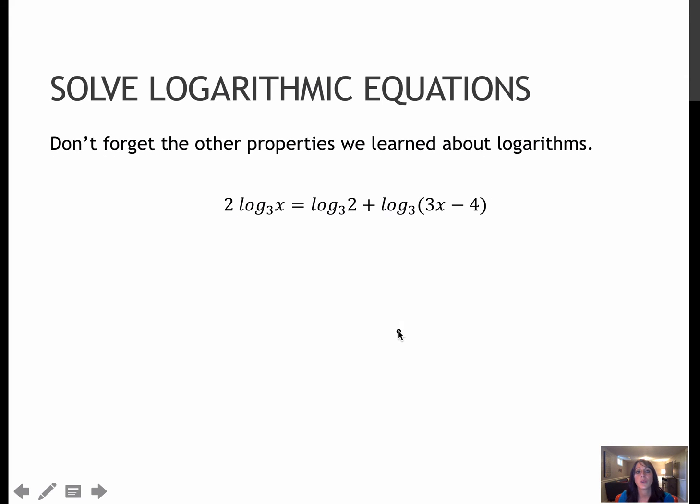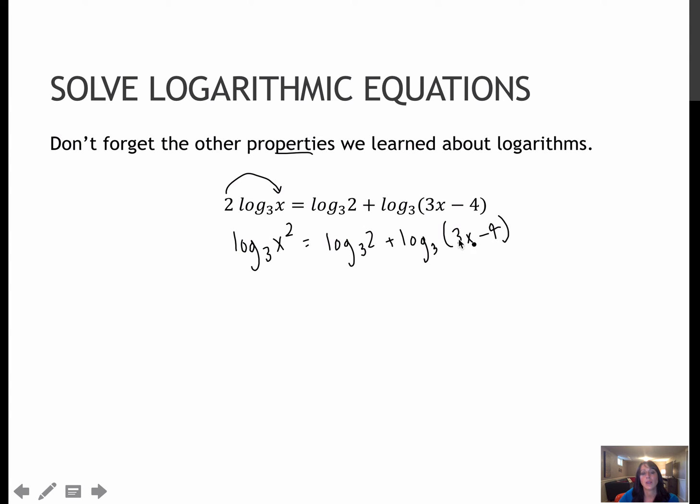Here's another question for us to try together. Again, notice I've got 1, 2, 3 different logs, no constants. But I am going to gather the values that have an x to one side. So here, again, I would go ahead and move that 2 to the outside. So that's that other property I'm referring to in the title. So log base 3 of x squared equals log base 3 of 2 plus log base 3 of 3x minus